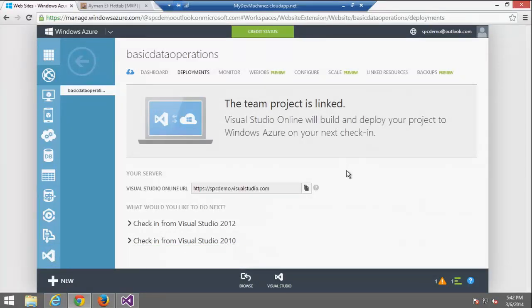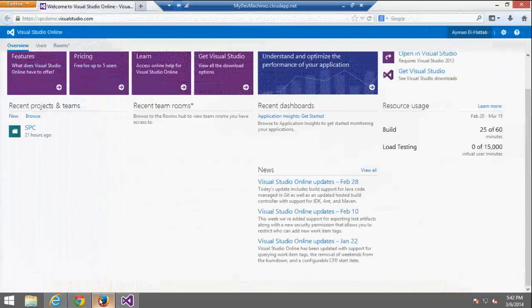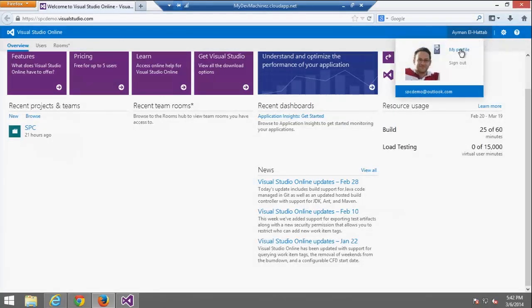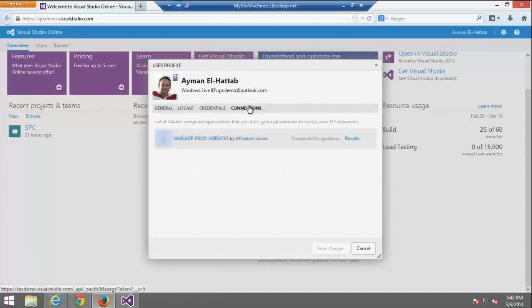Okay, to make sure that this has succeeded, I'll go to Visual Studio Online, go to My Profile. In the connections, we'll see that now Windows Azure is authorized to access Team Foundation Server Online or Visual Studio Online through OAuth.